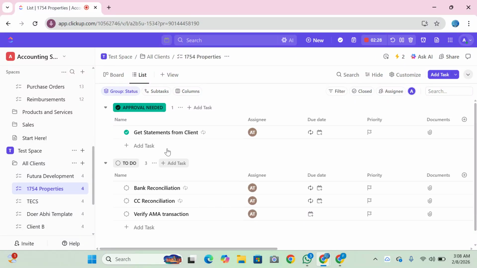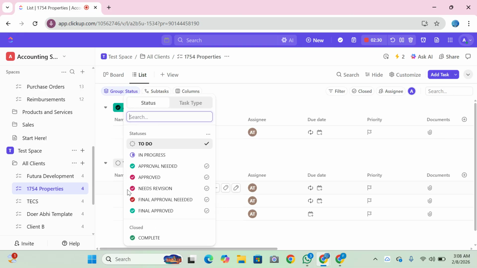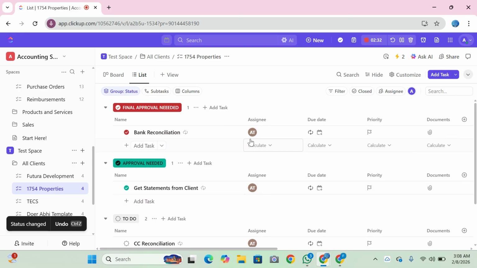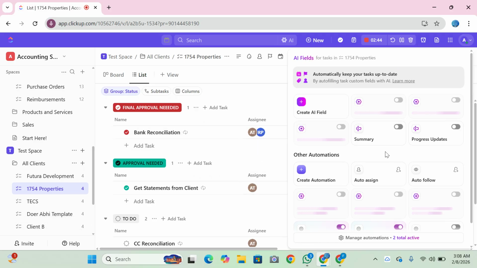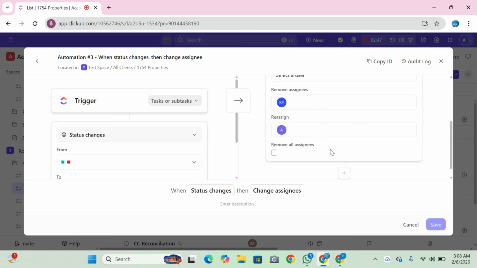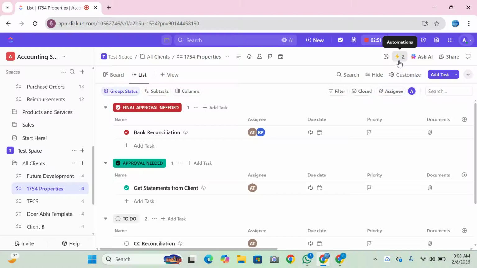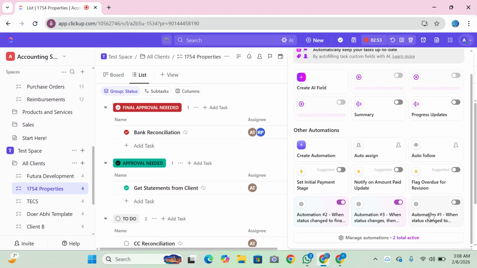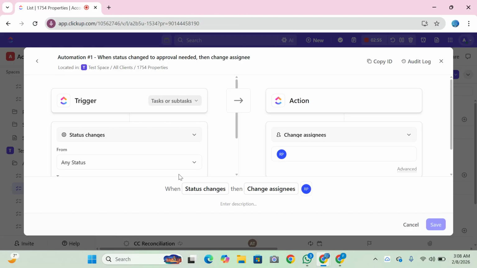Here it was on final approval needed, I think. Yes, it was on final approval needed. Here for the approval needed, the automation was set for Mike, but that didn't work. And I will explain the reason, because when we add any automation by adding Mike, he isn't